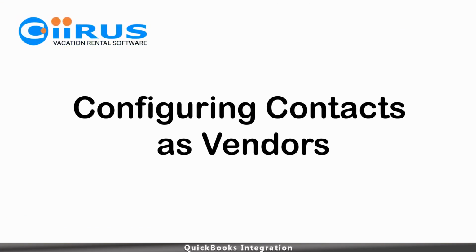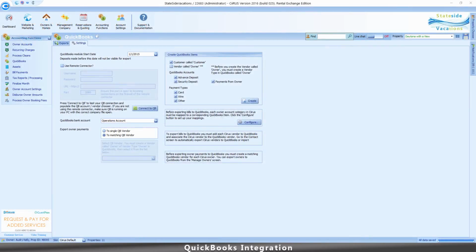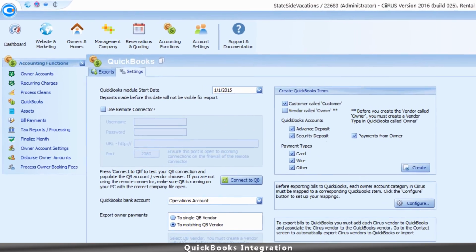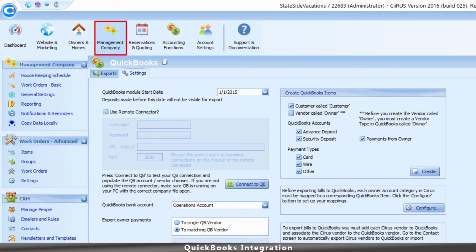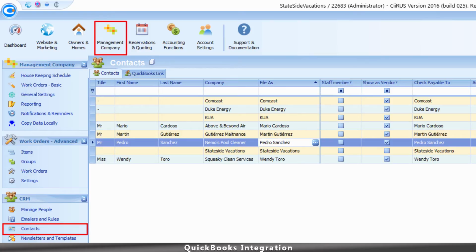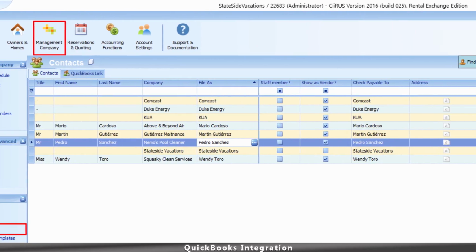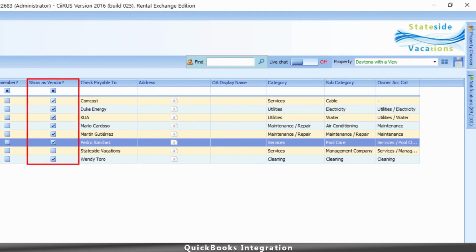Configuring contacts as vendors. For each vendor in your CiiRUS account, you must create and link to a matching vendor in QuickBooks. To do so, go to Management Company and then select Contacts. For each contact that is a vendor, be sure to check the Show as Vendor checkbox and then enter who